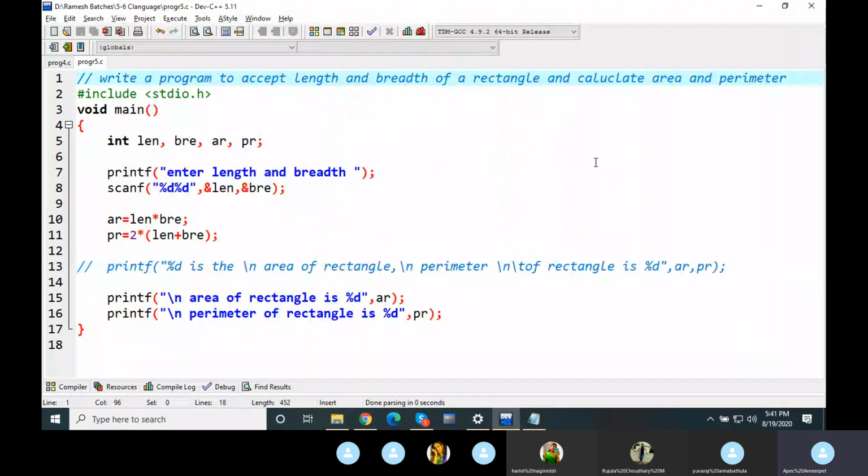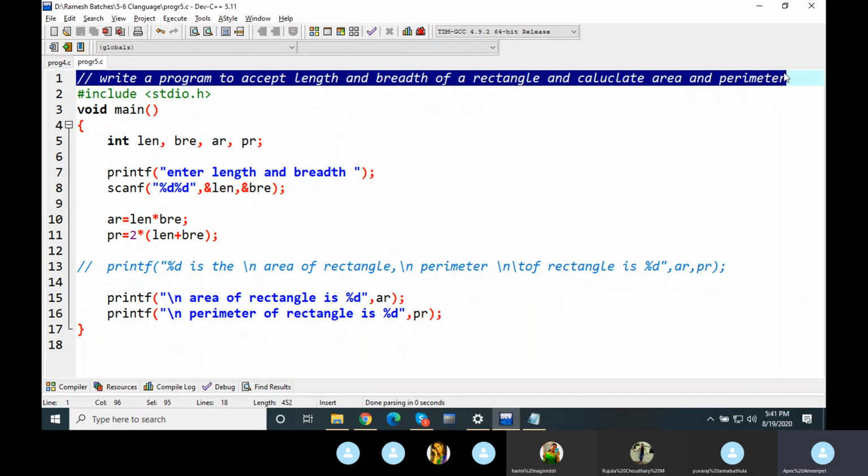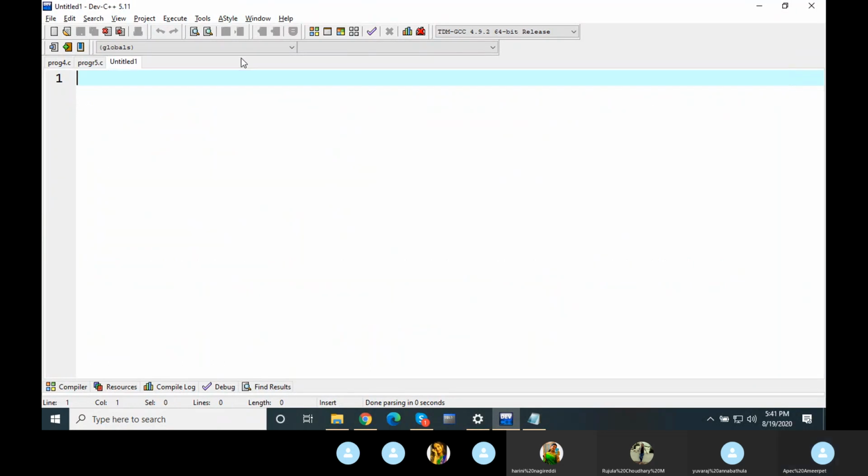Okay. Now the next program, I want you to write a program for calculation of the area of a circle. This is the next program: a program to calculate the area of a circle.